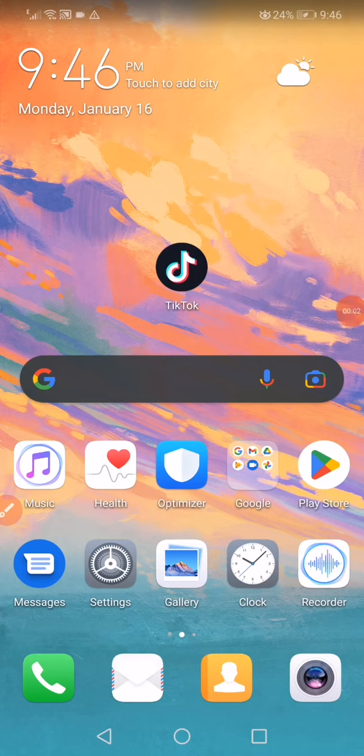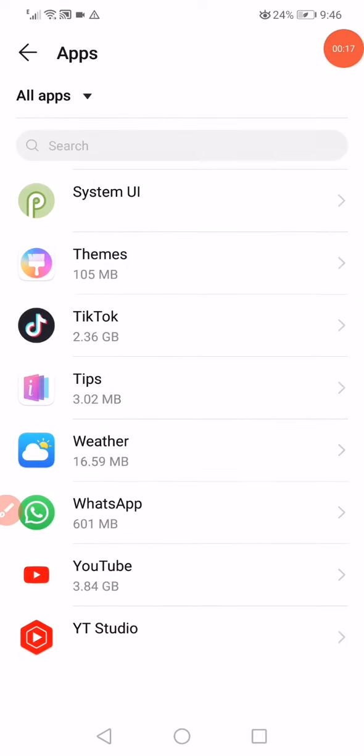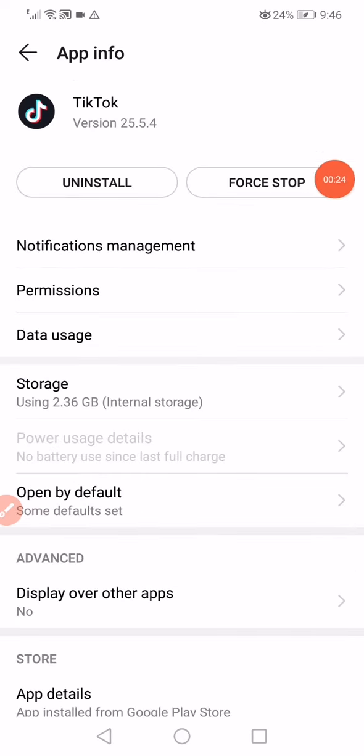In this short tutorial, I'm going to show you how to fix the TikTok message problem in less than 1 minute. So the first thing you want to do, guys, is open the settings, and then you have to go into the apps manager, open the apps, and then go to TikTok like this, and then click on this force stop option